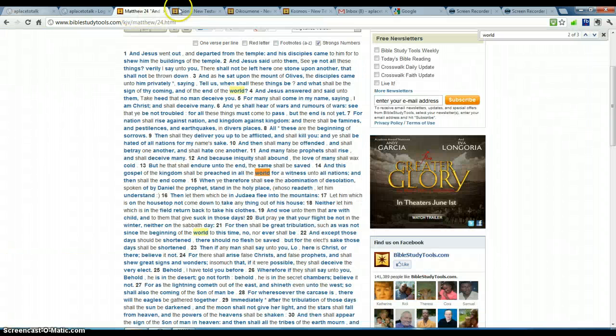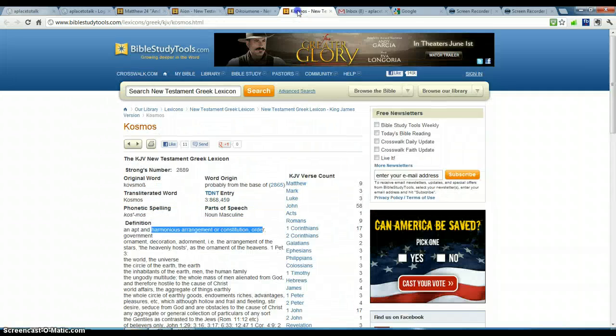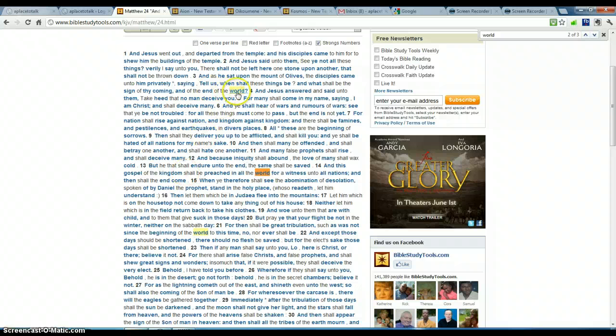Okay, I'm not going to go into what Matthew 24 means when you understand these words. I personally translate this as age. I think it means the end of the age. I think the kingdom shall be preached in all of, I think this means the Roman Empire of the day. And I think that this means cosmos, the world, the universe. So I'm not going to get into details about what that means and how that changes our eschatology or our understanding of Matthew 24.